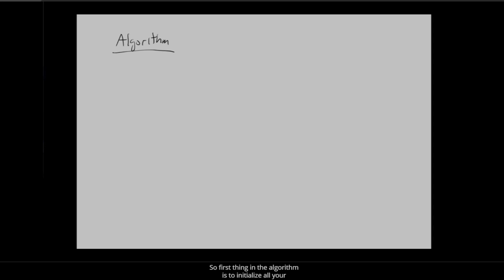So let's go over the last topics of the projection-based method. Let's talk first about the algorithm that you're implementing at a high level, and then I'll talk about how to evaluate these fluxes, if you're still struggling, and how to store things. So first in the algorithm is to initialize all your variables,